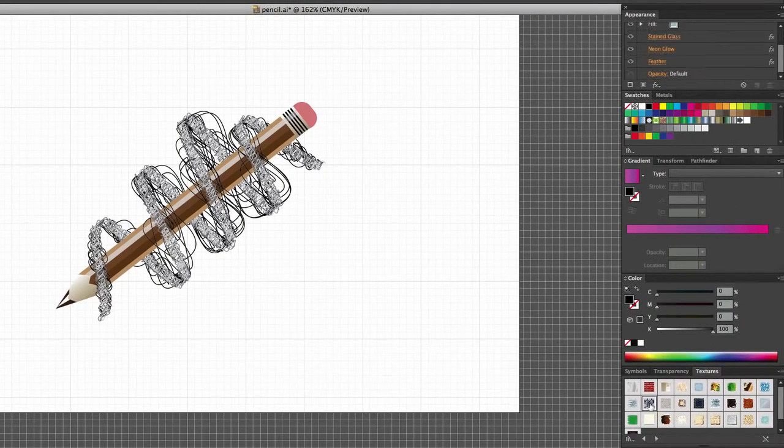Let's try that one. Oh, I can't do it because I've deselected it, haven't I? So let me just see if I can get it back again. Oh dear. I'm still on this mode of hidden. Okay, let's try a few of these different things. Some of them are quite